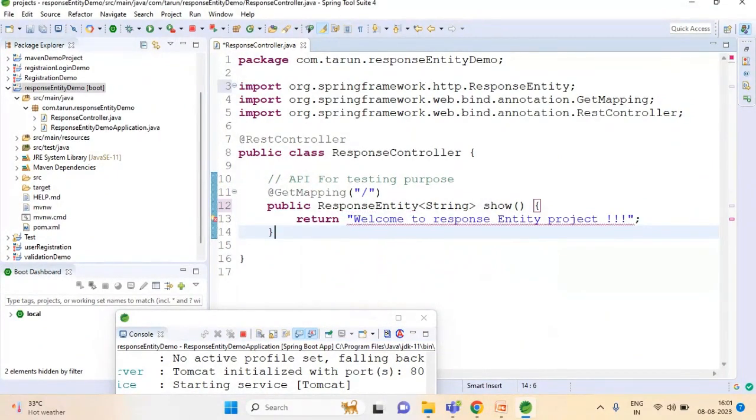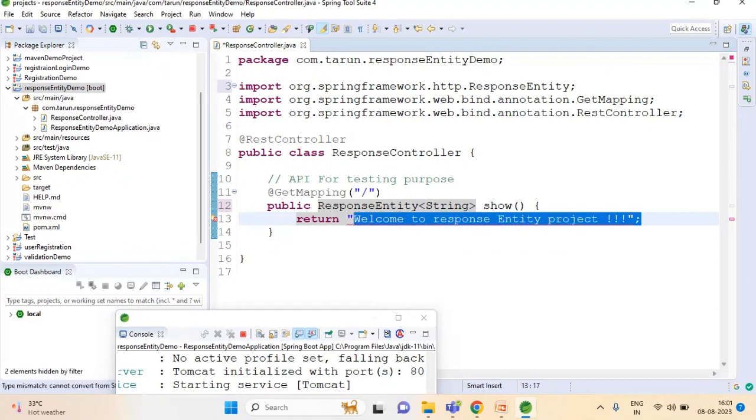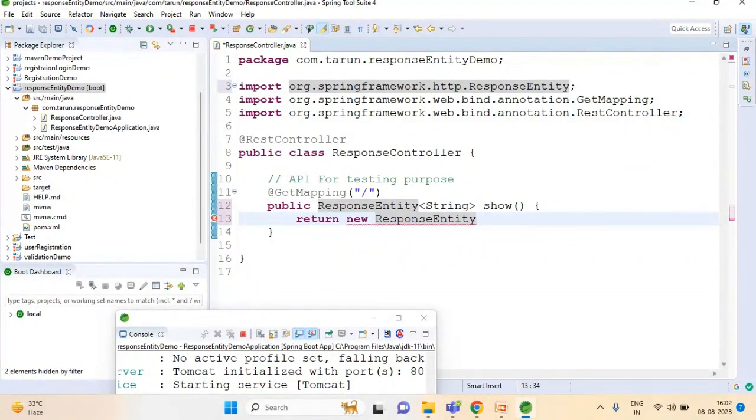Now you need to modify your response also. Return new ResponseEntity,